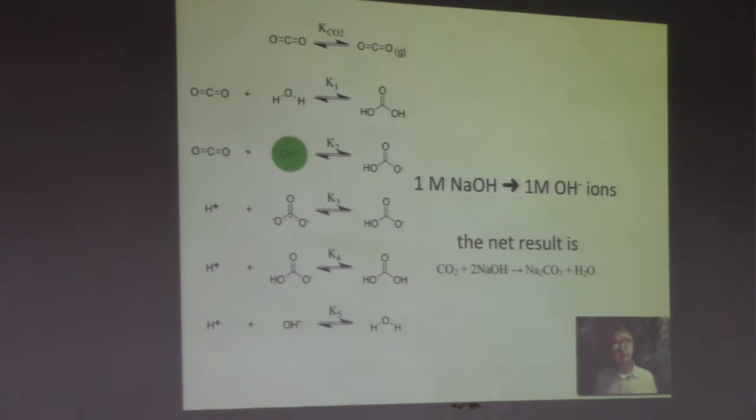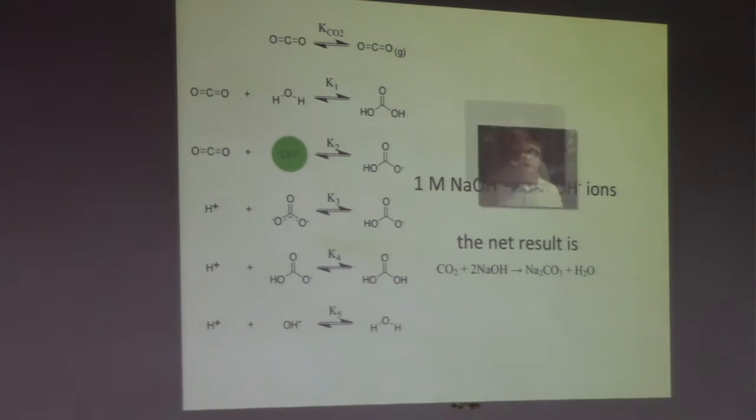And one advantage of sodium hydroxide is that when it dissolves in water, 1 molar of sodium hydroxide added produces 1 molar of hydroxide ions. If one does this, the net result of the reaction is to drive CO2 in the liquid phase towards sodium bicarbonate,